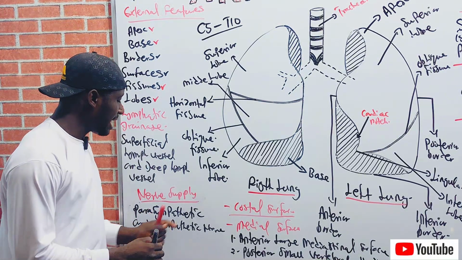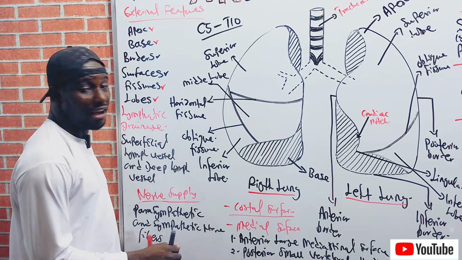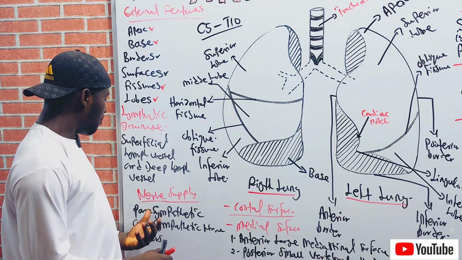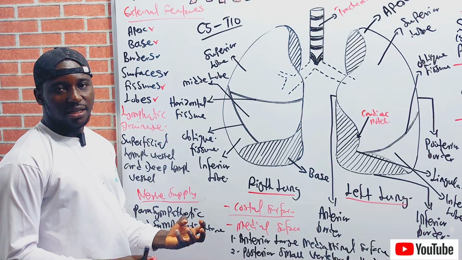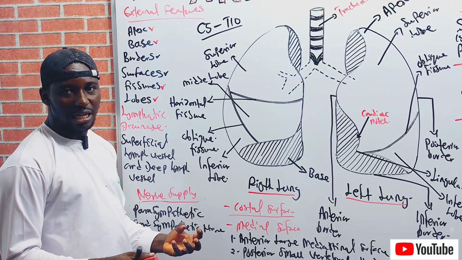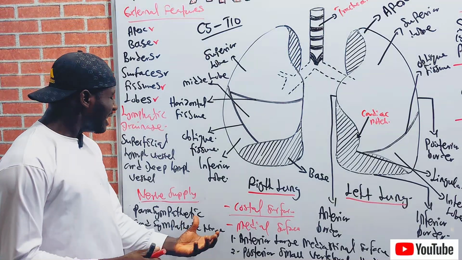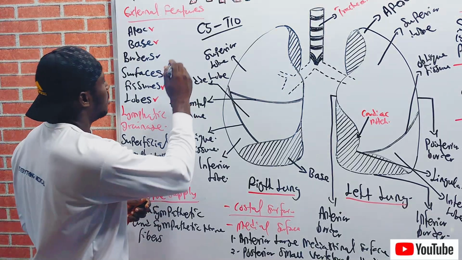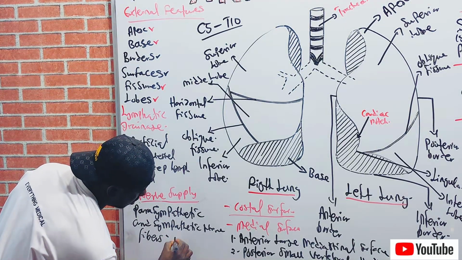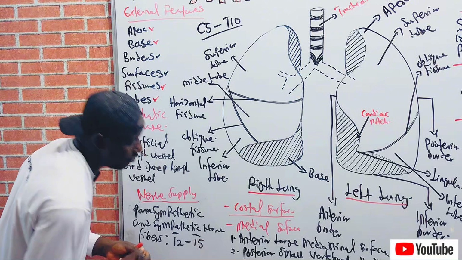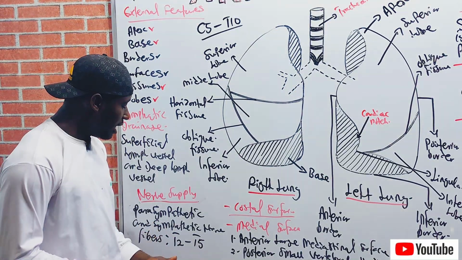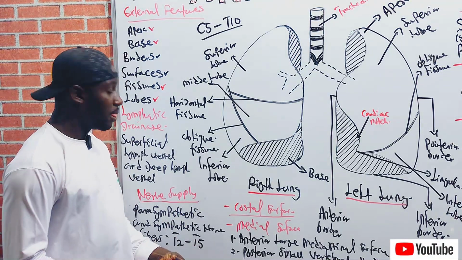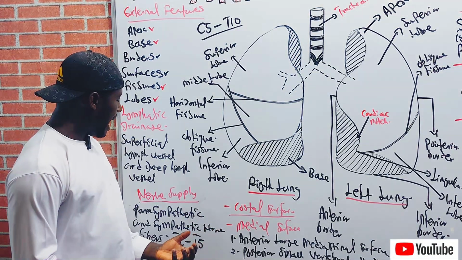You have to understand that the parasympathetic nerve fibers is the vagus nerve, while the sympathetic fibers is coming from the T2 to T5 thoracic spinal nerve. The T2 to T5 thoracic spinal nerve is the sympathetic nerve fibers which innervate the lungs, while the vagus